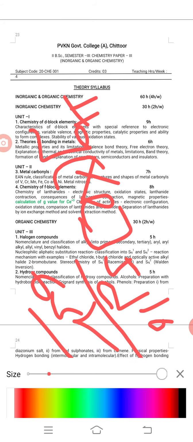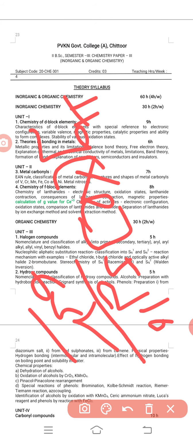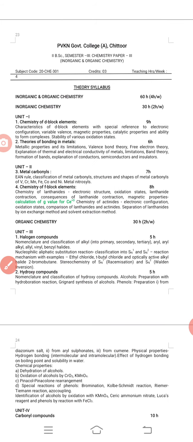So there are no unpaired electrons. So those are not transition elements, those are D block elements. So all D block elements are not transition elements, but all transition elements are D block elements. It is a very, very important point from the examination point of view, for competitive examinations or theoretical examinations.